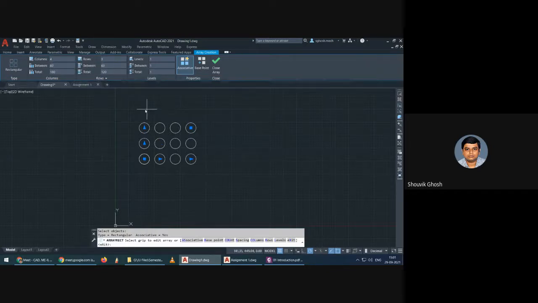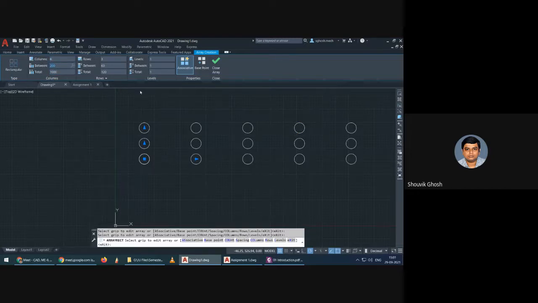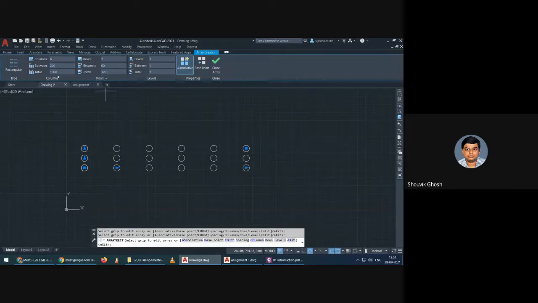So you can create that. If you increase this value from 60 to 200, it will space it accordingly. If you increase the number to 6, it will carry on like that. Even if the value is set to say 600, it will set up accordingly like this.